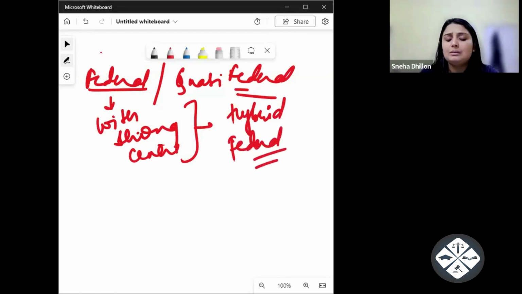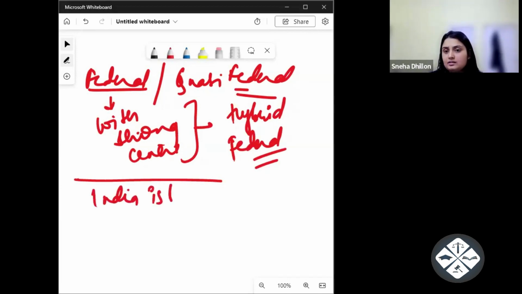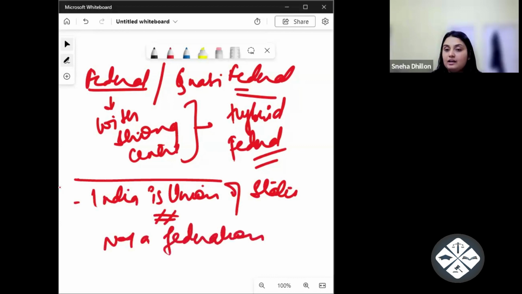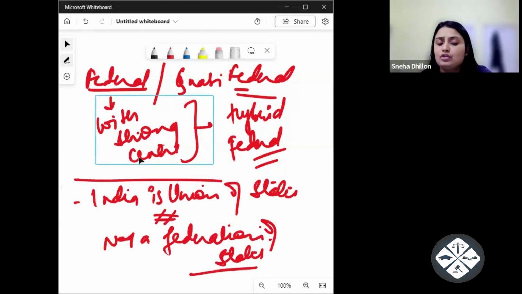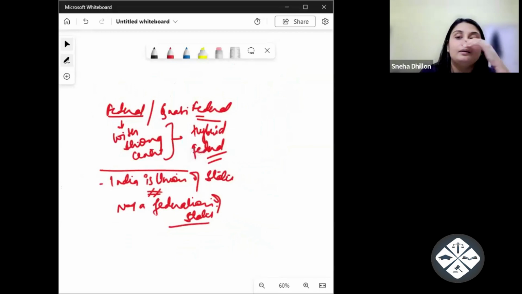Okay, so what does this mean? It means that India is a union of states and not a federation. India is a union of states and it is not a federation of states. We are only concerned about the units as a part, that these are indestructible parts of the union. So when we speak of Article 1,